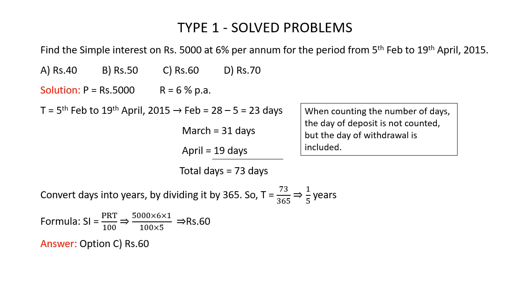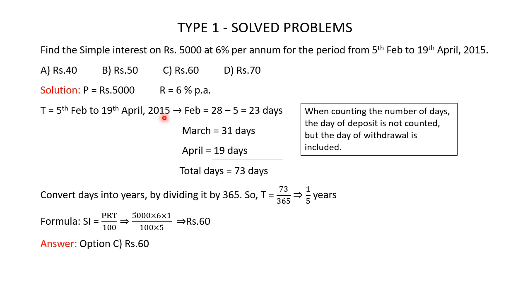So you have to count the number of days from 5th February to 19th April to get the time. Now when counting the number of days, the day of deposit is not counted, but the day of withdrawal is included. So here you have to exclude 5th February but include 19th April while counting the number of days. Now since 2015 is not a leap year,